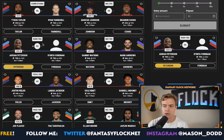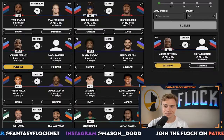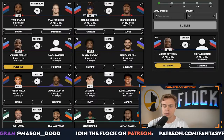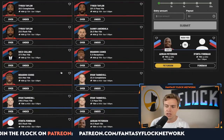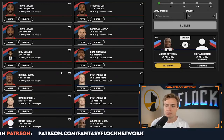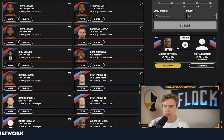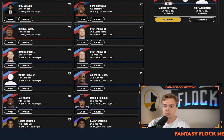And speaking of the rivals lines, it seems aggressive to have Ryan Tannehill and Tyrod Taylor this damn close. I don't know if that's something else we want to be doing. Maybe we just go back to see what we have with these individual over-unders and try to pick out a line this way. But one thing that we could potentially do is just make a bet overall that this Tennessee Titans offense maybe isn't going to be able to lean on the run as much as what people are expecting, and essentially just make the correlation in that there aren't going to be many rushing yards overall here. And maybe we make that bet by assuming that there are going to be just more passing attempts for this Tennessee Titans offense. And if we're going to be doing that, I guess we can take the over on a